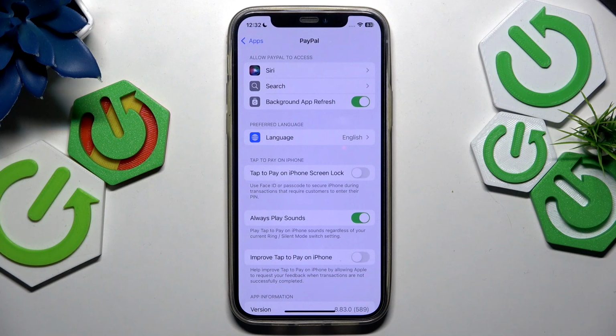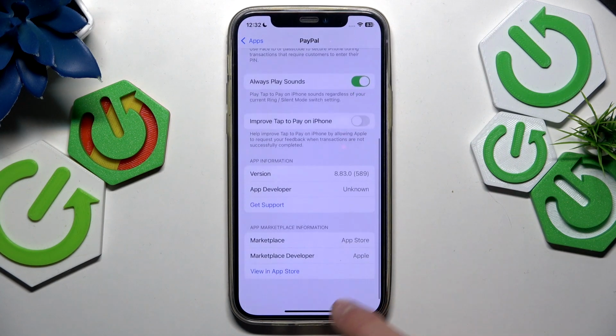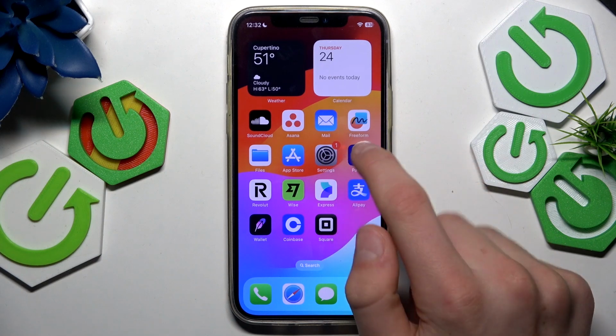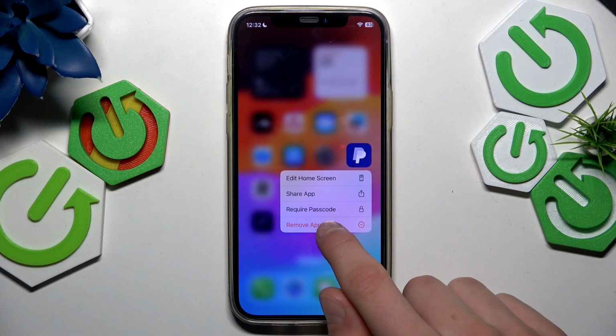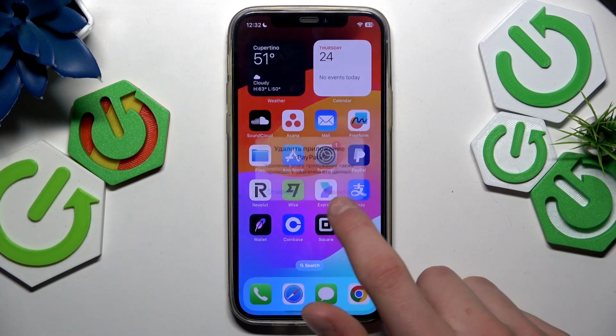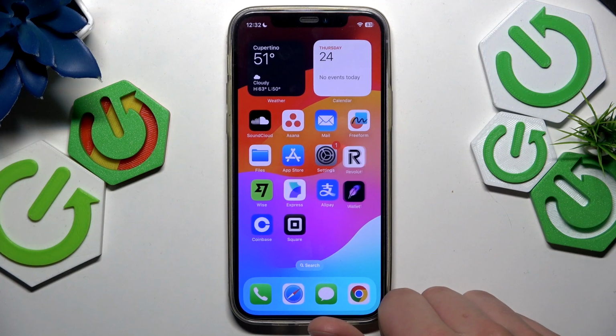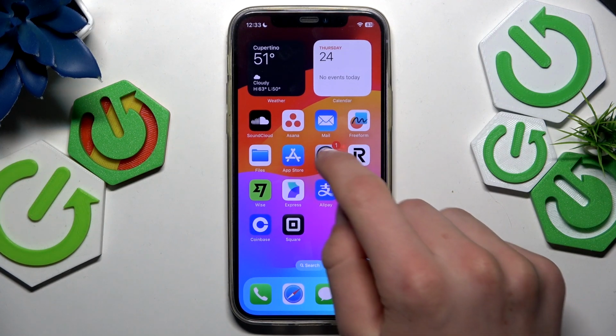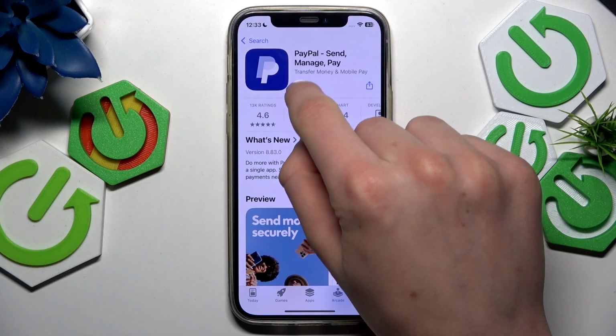And after this, if you have still issue, the last way to do this is just reinstall the app. So get your PayPal, remove, uninstall this, and just go back to the App Store and